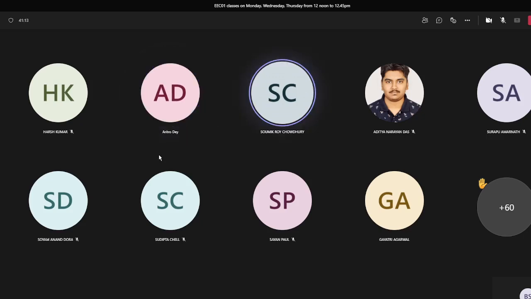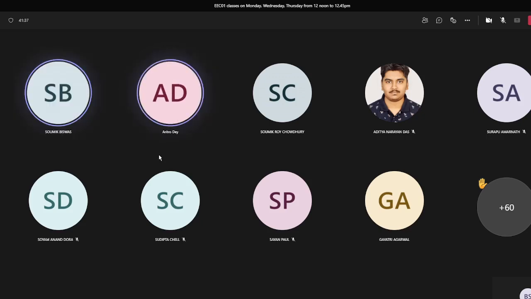Sir, other teachers have added all the students to their team, and you have given us the code to join the respective team. So I think many students were unable to join till now. So can you please tell me the names of the students, then I can manually add them. Otherwise, it is very difficult for me to cross check each and every name and then add it. Sir, an Excel sheet would be better. It would be better if you give the names of the students to the CR, and they will find out who have not joined.